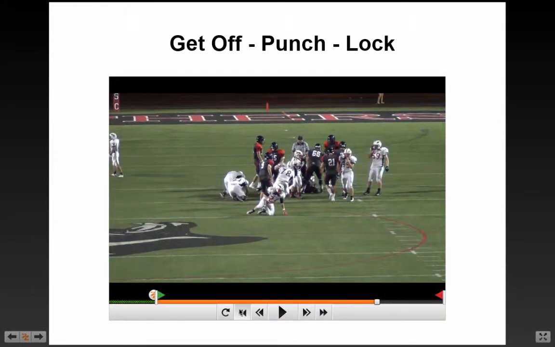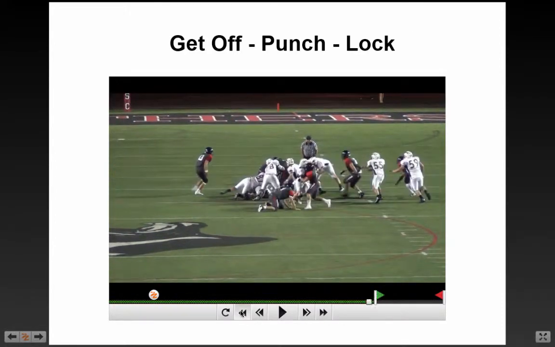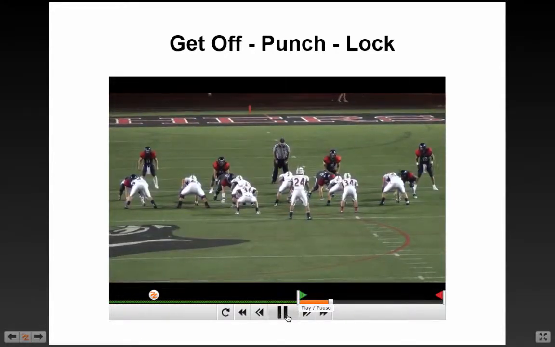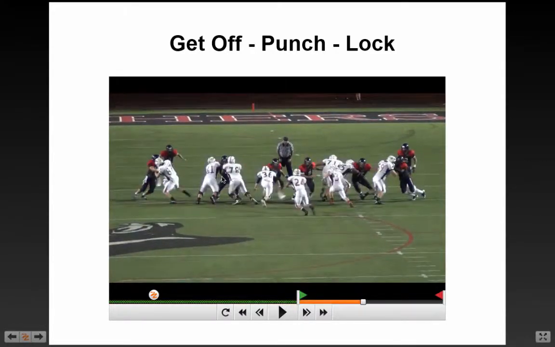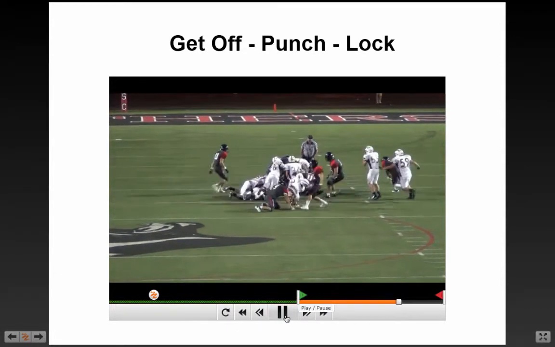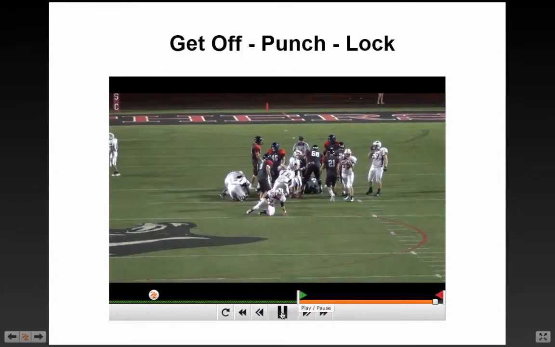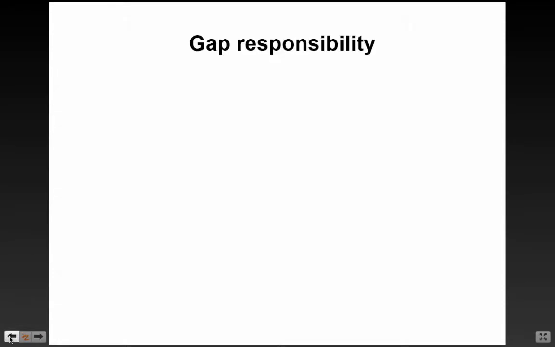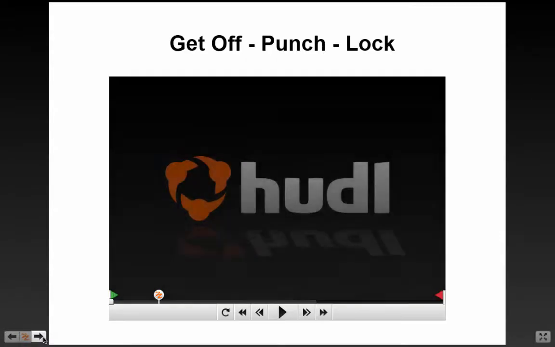We don't want to create any type of gap right here. So we need to make sure we shut that down so there's no gap for him to cut back. And he does that by collapsing him down into the line. So that is the